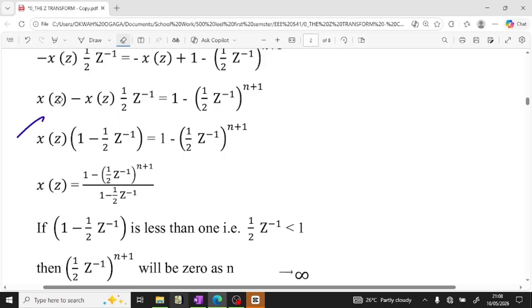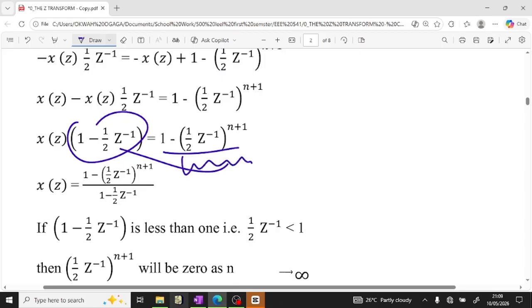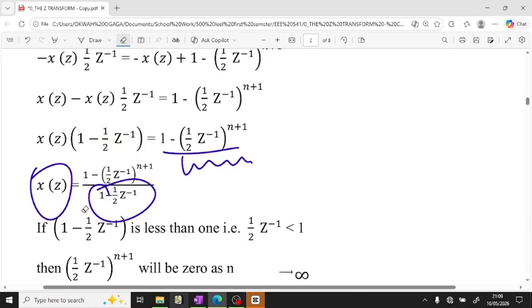Hope that's clear. Now, this other part just remains the same right here. And then, of course, divide both sides by all this thing. So this one will come to stand under here, which is what you have right here. Okay? And then x of z is now separate, and you now have all this one as a denominator. Let me erase that. Okay? So, after that is done,